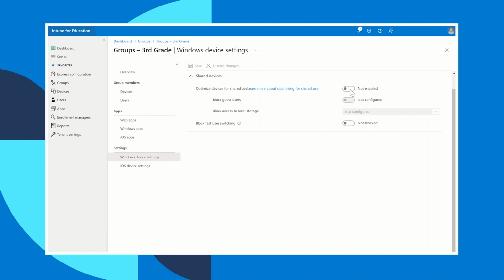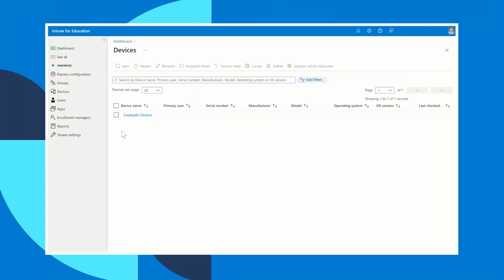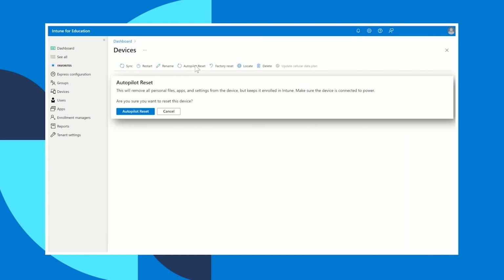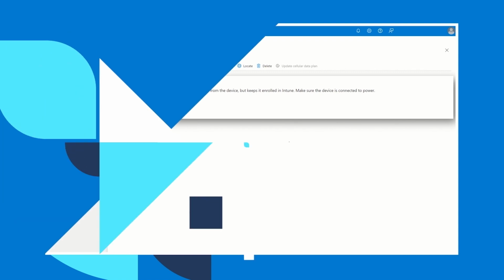Intune for Education provides simplified management of Windows through a comprehensive web-based dashboard where apps and policies are deployed by selecting on and off switches. Windows 11 SE is built for Autopilot, meaning zero-touch deployment. Staff and students can get their new devices and get right to work without having to wait for IT.